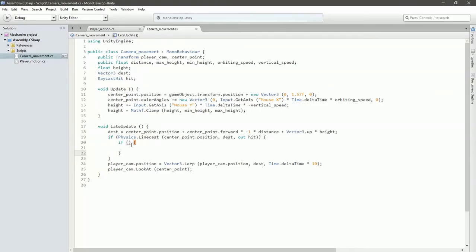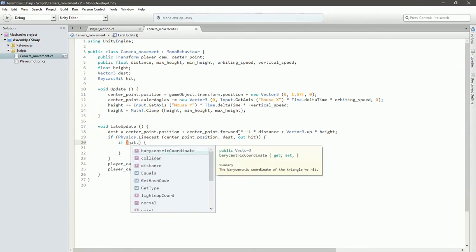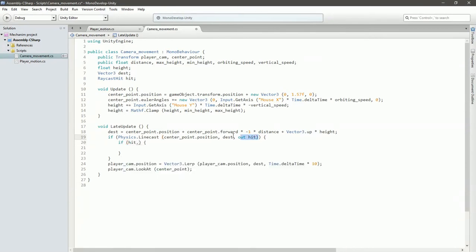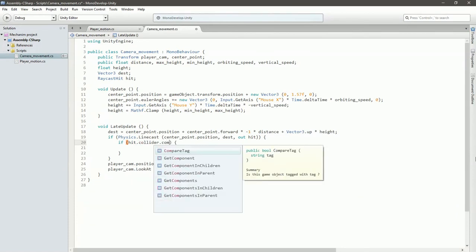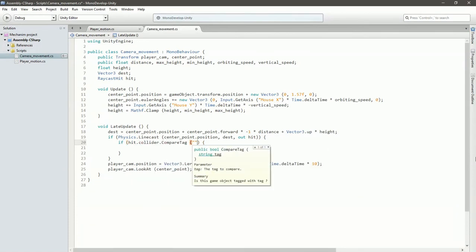So let's type if hit, which is this variable, and this variable stores information about the hit of the linecast, that collider, compare tag, terrain,